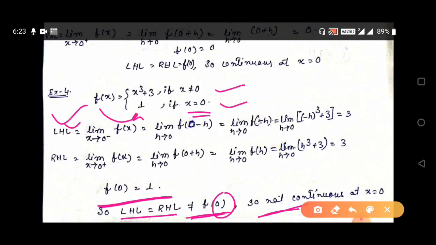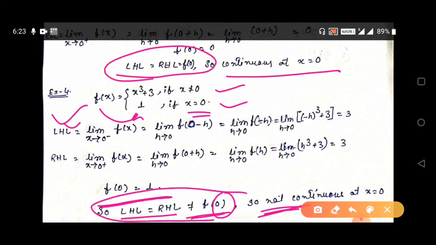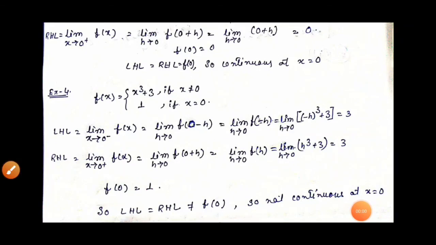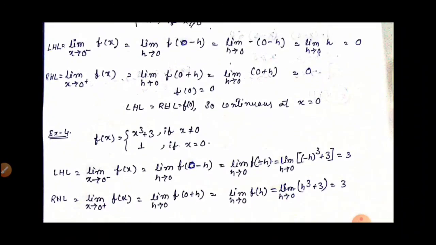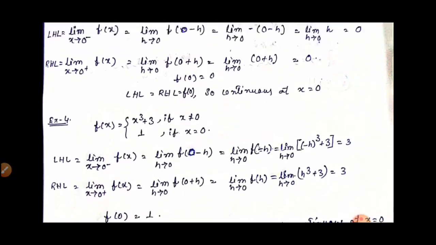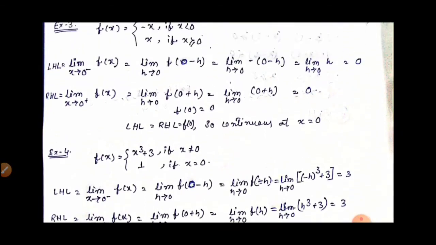But the difference between the last two questions is, in example 3 we have to find the continuity at x equal to 0, and in example 4 we have to show discontinuity. For continuity and discontinuity the process is the same, the only difference is in these lines. So the things I have discussed in this video, go through them properly, see all the points that I have shown here, why we have done these things I have discussed.